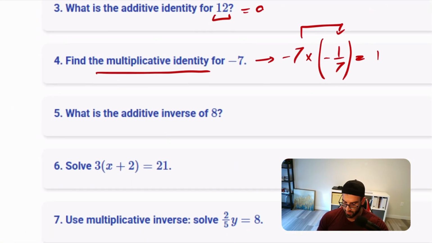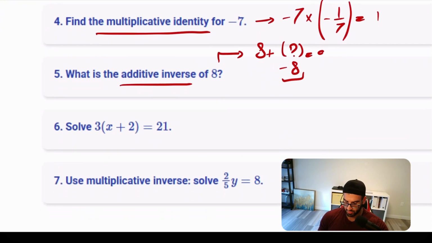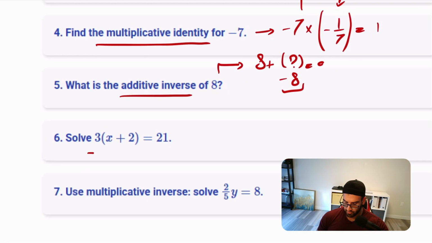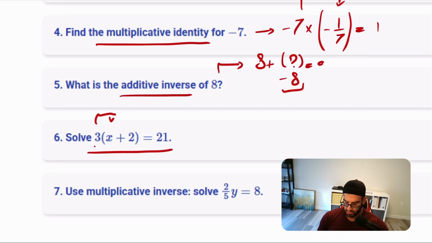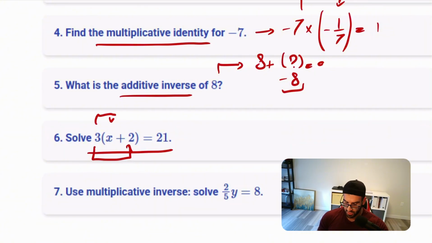What is the additive inverse of this number over here? So again, we do have the same thing, but at this point, we do have inverse. So what additive inverse means is that I have to find a number that if I add it to this one, I'm going to have 0 as my answer. So that number is -8. Simple as that. So let's solve this question. Again, we are going to use the first one, the commutative property. So it's going to be